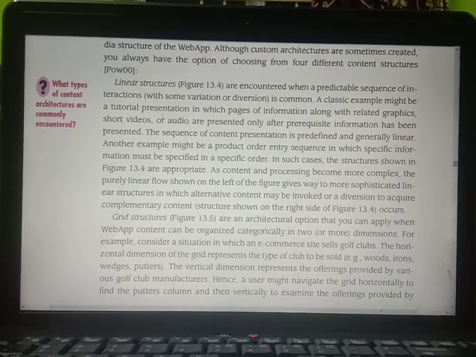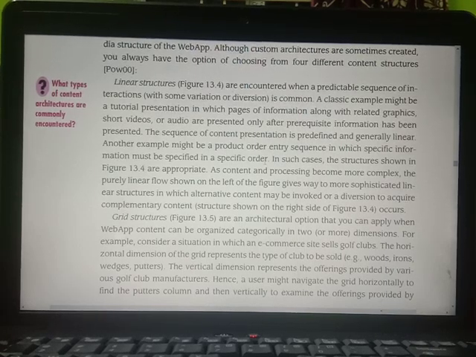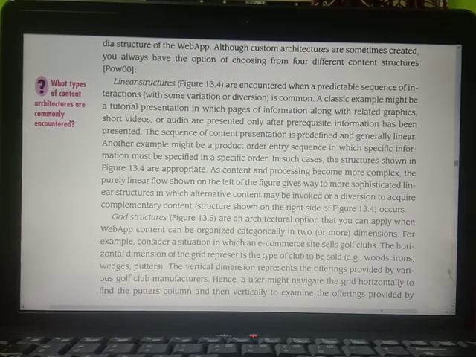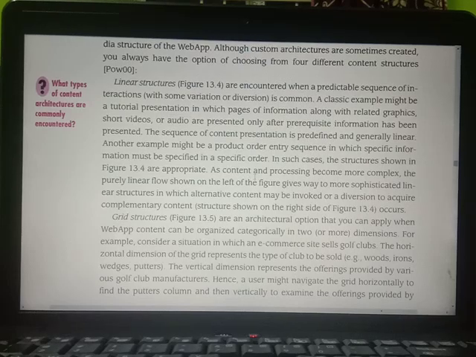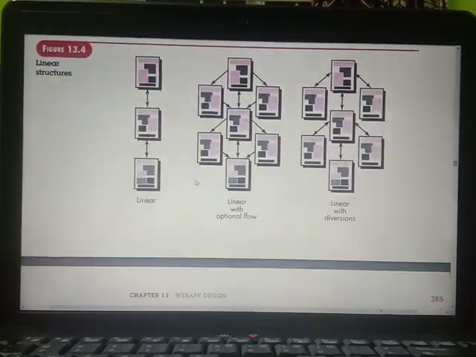Another example might be an order entry sequence in which we know the order beforehand. Figure 13.4 is making use of the linear structure.